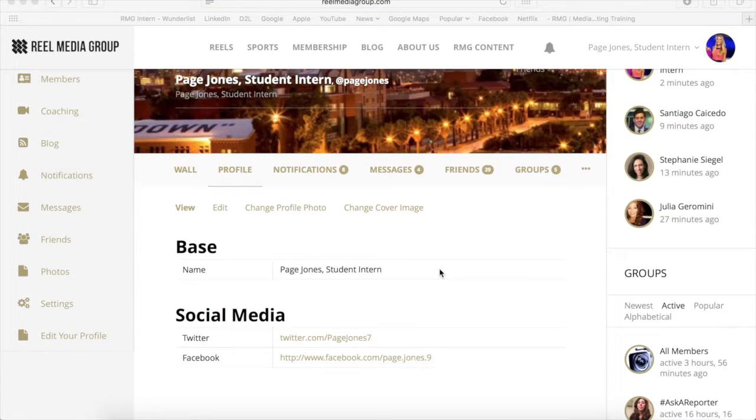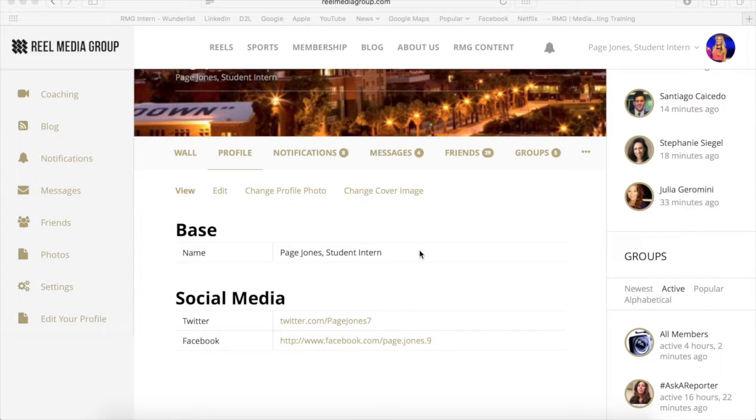Also, in the profile section is this area called Base. This is the name that you're going to go by in the community. Mine says Paige Jones, student intern, but for everyone at a station, you should put your name and then your station's letters so people know where you're at and where you're coming from. So now that you've gotten a good look at the profile and how you set this up,